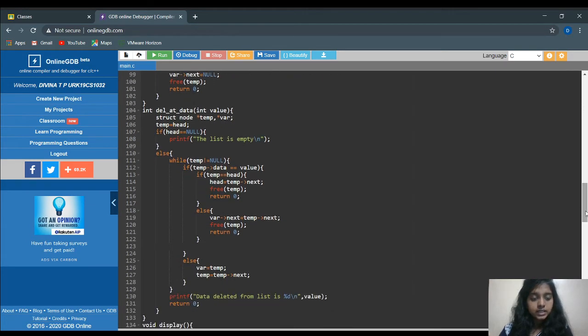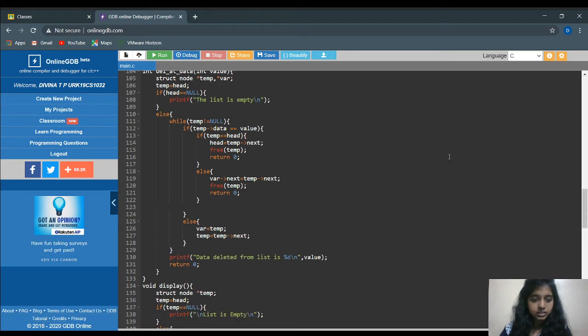Then delete at data, which means a particular data will be deleted. If I give a list of 5, 6, 7 and 8, and I want 7 to be deleted, I will give 7 and that number will be deleted from the list. Again there is an if condition and an else condition, and in the else part we have a while loop here. If head is equal to null, it will give us list is empty.